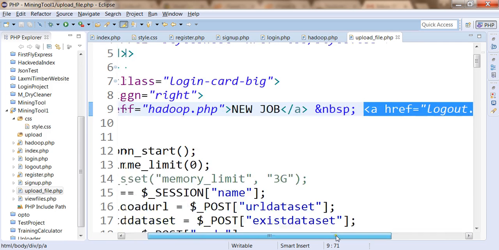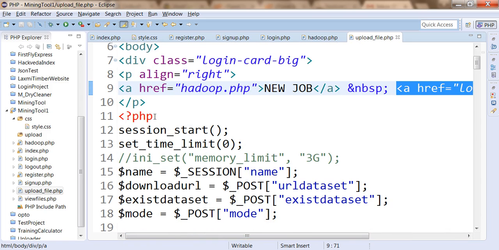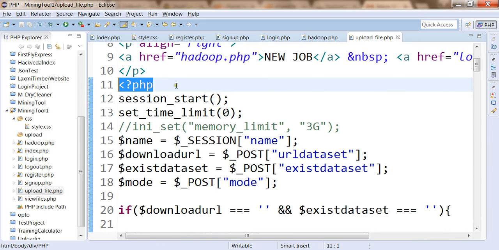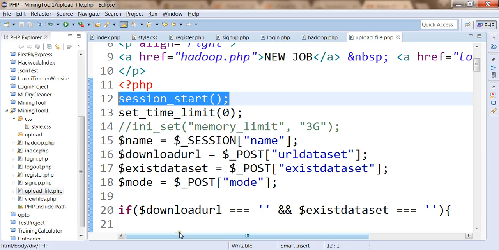of the session. Now once we proceed to the bottom, after this paragraph, we have a PHP preprocessor tag, and all the other lines after this are treated as PHP code by the PHP parser. Now we have started the session using session_start.